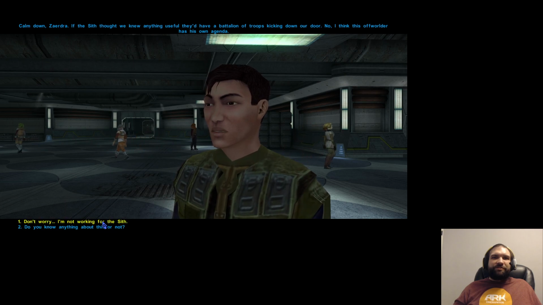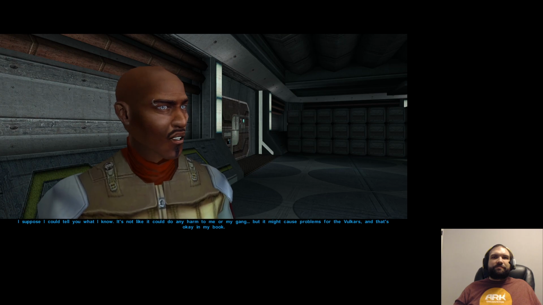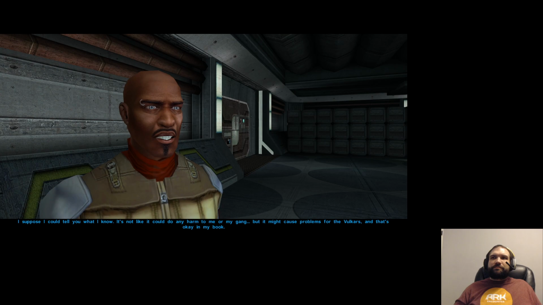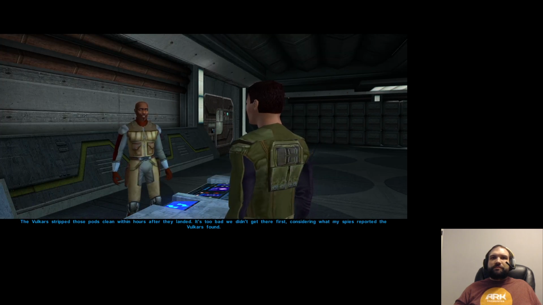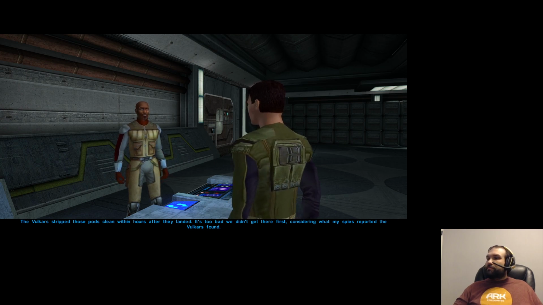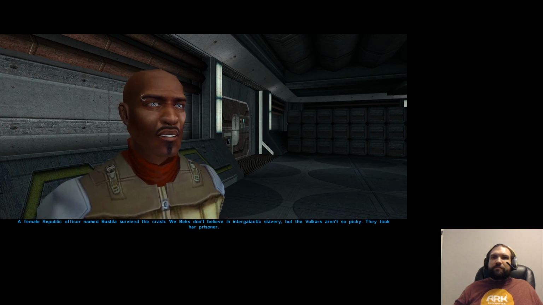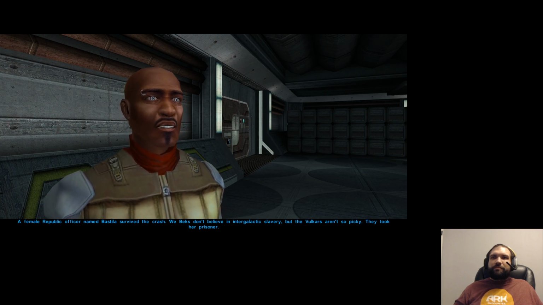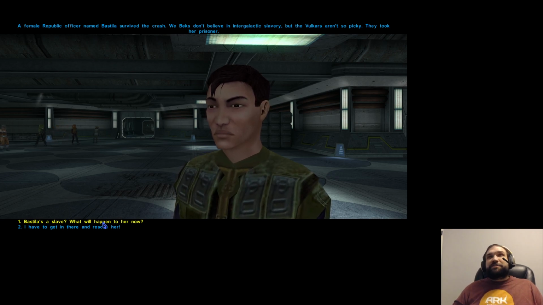Do you know anything about this or not? Don't worry, I'm not working for the Sith. I suppose I could tell you what I know. It's not like it could do any harm to me or my gang. But it might cause problems for the Vulkars, and that's okay in my book. The Vulkars stripped those pods clean within hours after they landed. It's too bad we didn't get there first, considering what my spies reported the Vulkars found. A female Republic officer named Bastila survived the crash. We Becks don't believe in intergalactic slavery, but the Vulkars aren't so picky. They took a prisoner. Wait, so...